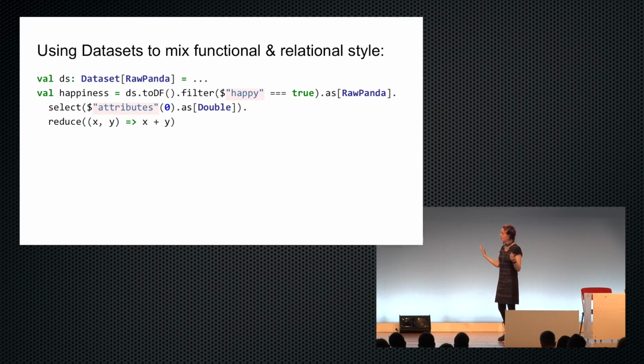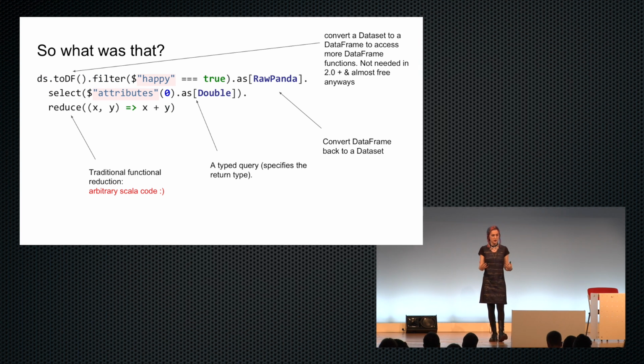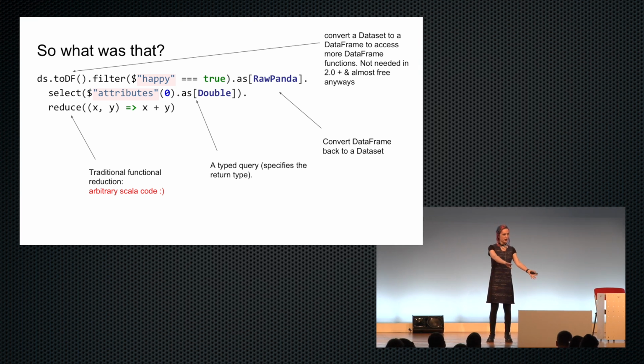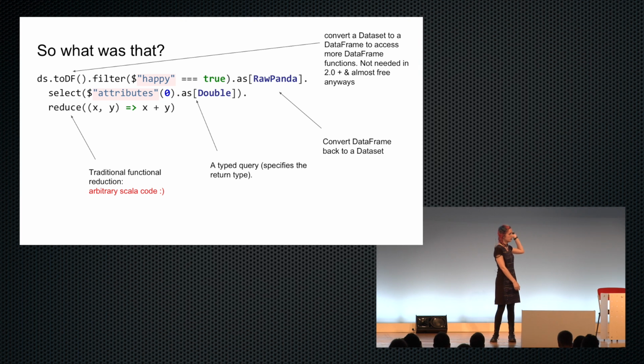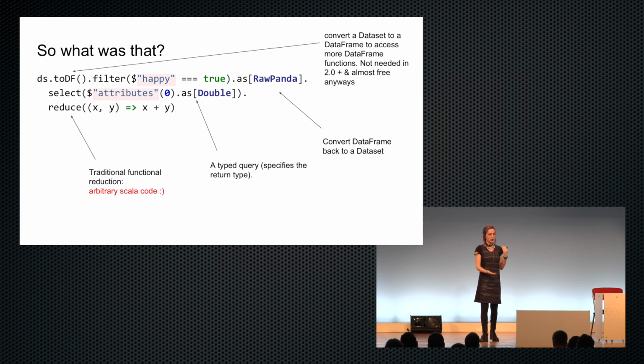So here's an example. Actually, let's just skip ahead to the annotated example of how to use a mixture of SQL-type expressions with functional type expressions. And this isn't super exciting. And there's an artifact here, because I actually wanted my example to compile in Spark 1.6, where I have to take my data set and turn it into a data frame and then back. But in Spark 2.0, we wouldn't have to actually go to a data frame and come back or specify what our type was there. It would just magically work, and we could intermix these two really nicely.